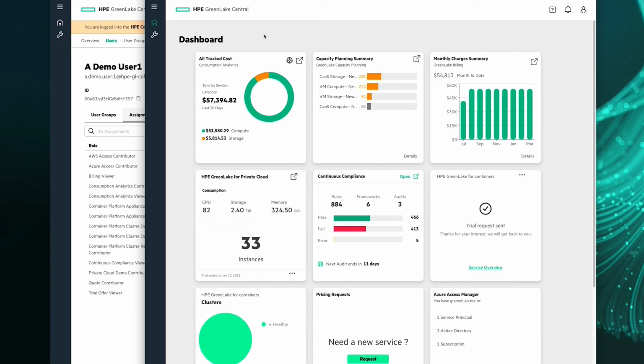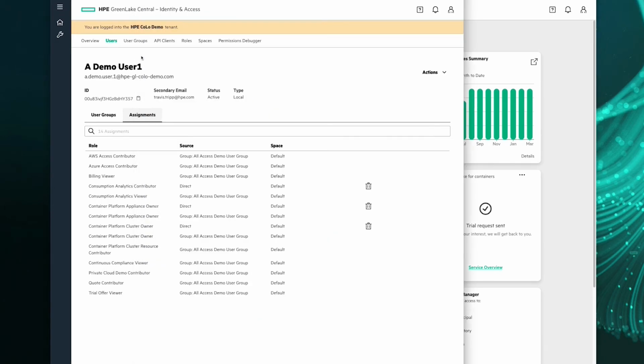Because if we go back over here as that IAM owner, and we look at this demo user, all we had to do is grant them a role. We simply said, we're going to grant you a role, and maybe we'll put you in a user group that has roles. And because you got that role, all of that cross-cloud identity and access management and brokering